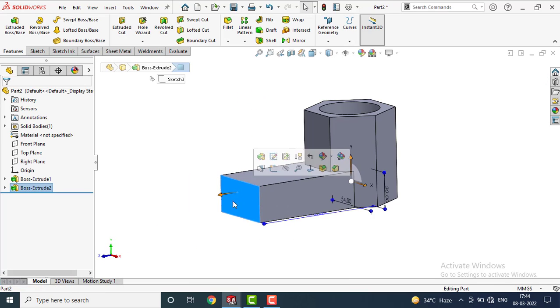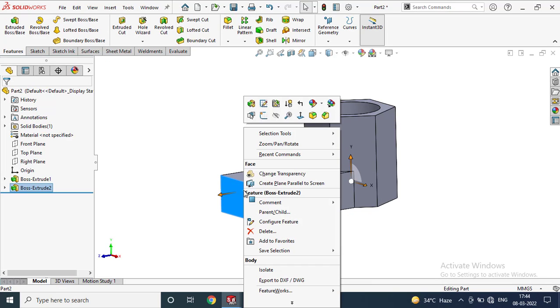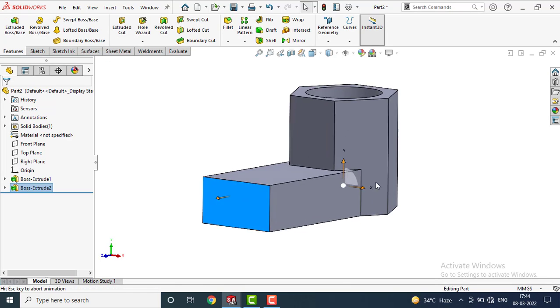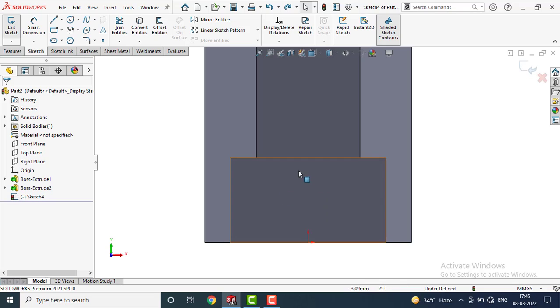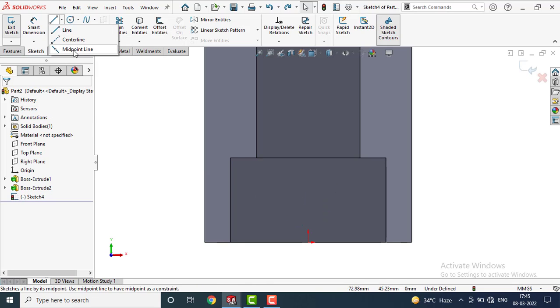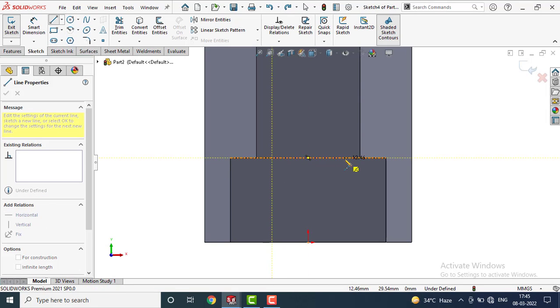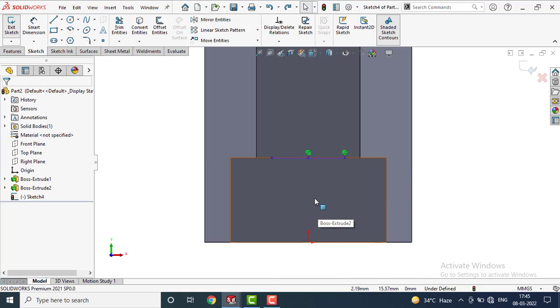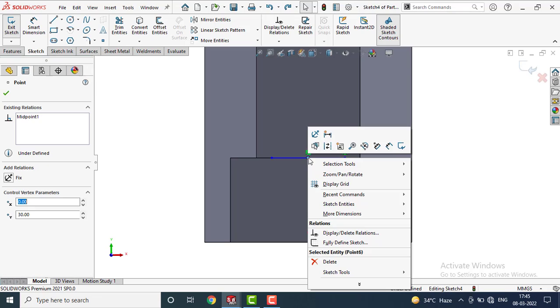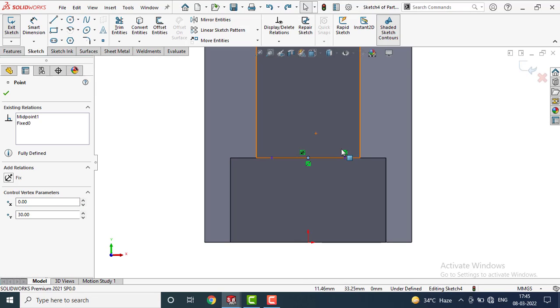Now select the front face of this sketch, right click and make it normal to. Again draw some sketch here. First of all go to sketch, select a midpoint line from here and draw a midline. Press escape. Right click on the center of this line and make it fixed. Now go to smart dimensioning.